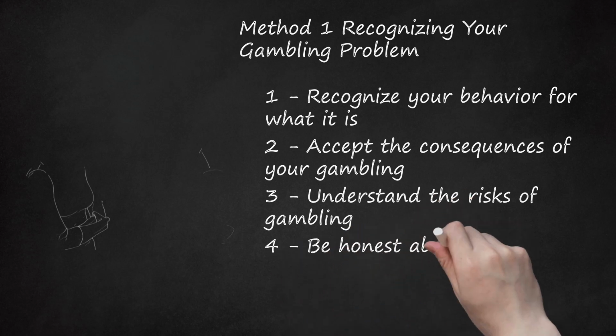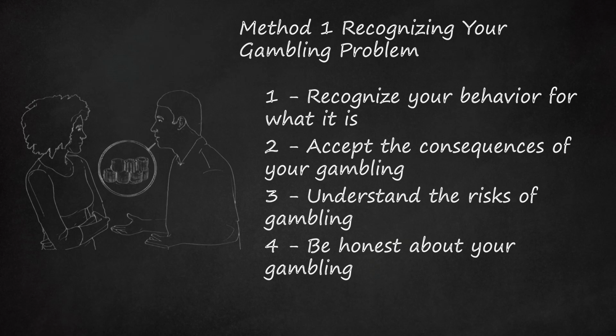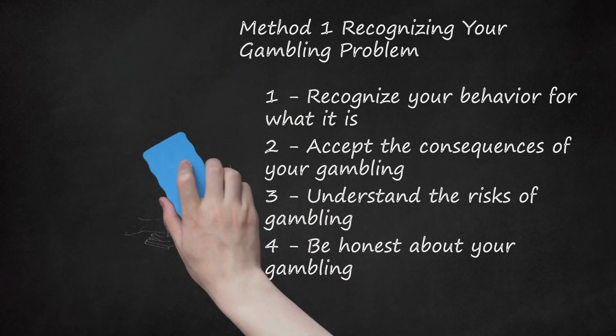4. Be honest about your gambling. Don't be secretive about your finances or your gambling. Be honest with yourself and others about money spent gambling. Pay bills immediately when you have funds set aside to pay them. Add up losses and keep a running tally. When you've added up losses from a gambling session, list the things that you might have purchased with that money, or other debts you could have paid down. Admit it to yourself and others when you have gambled.